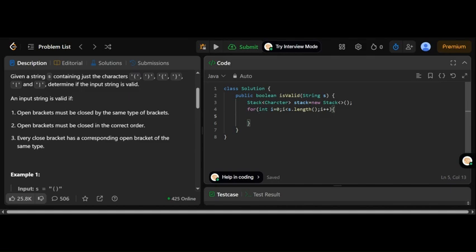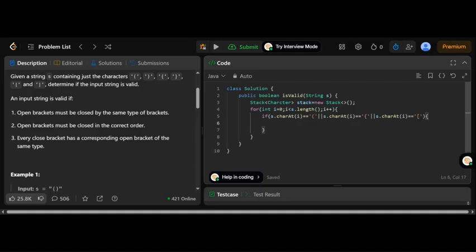Once this is done, I'm going to check a condition: if s.charAt(i) is equal to either this open parenthesis, or s.charAt(i) is equal to open curly braces, or s.charAt(i) is equal to this box parenthesis,